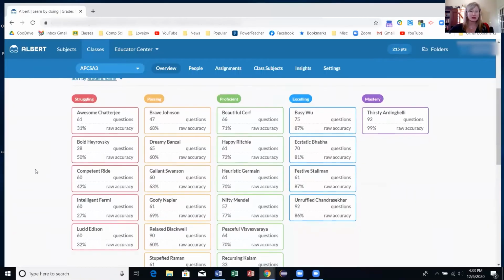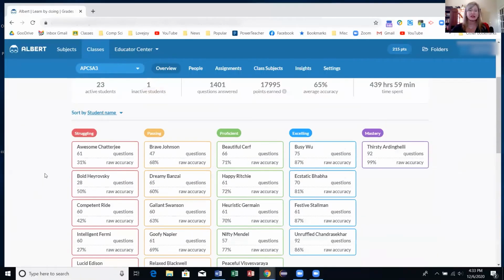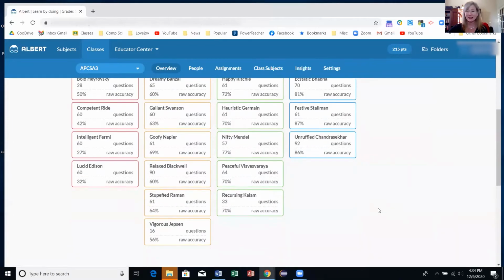And here are my classes. Notice that every person in my class has a different box, and it has some detail for each one of my students. So I really don't have any students with the name of Brave Johnson in it. So the names have been changed to protect the innocent, or maybe the not so innocent. Okay, so here are all of my students,